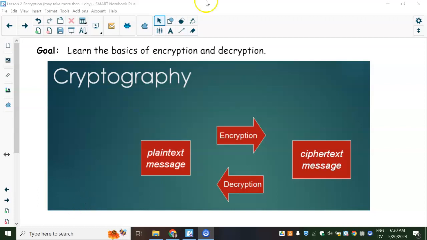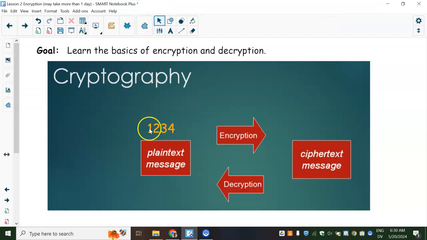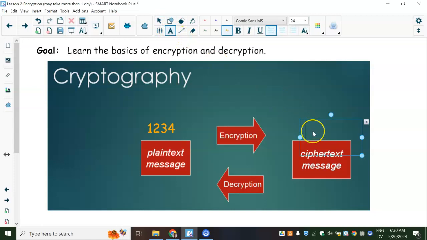So the idea is, if I'm logging into my bank account, let's say my account number is 1234 or something like that, then the idea of encryption is you change it somehow. This is what's called the plain text, the actual text, and then you encrypt it into something else. A really stupid version of this would be if you just reversed it, 4321,